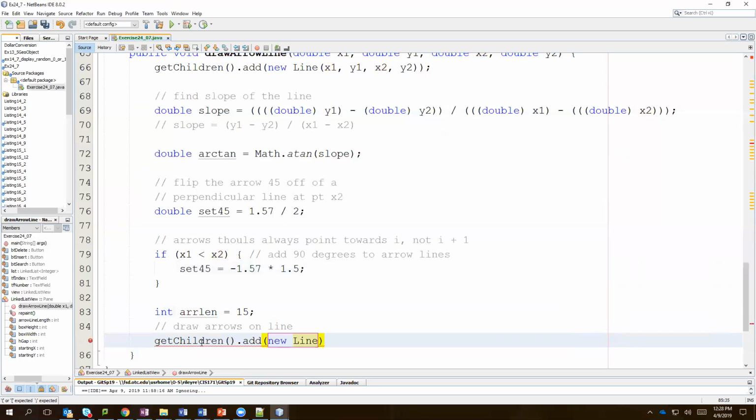We're going to add our new line. Its starting location is going to be X2, Y2. Then its length is going to be X2 plus